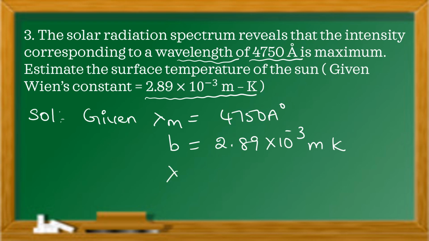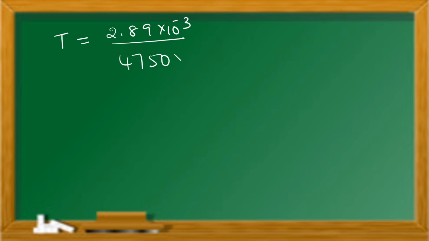Now according to Wien's displacement law, lambda m T is equal to b, and T is equal to b by lambda m. Next, substituting the values of b and lambda m in this, we get T is equal to 2.89 into 10 to the power of minus 3 by, here converting Angstroms into meters, 4750 into 10 to the